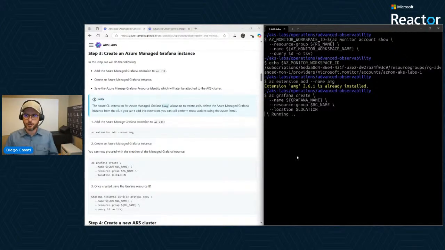Now, could you do everything that I'm doing through other ways? Say the portal. Yes, you could. The portal actually ties up a few things together for you. I do like going through the Azure CLI for various reasons.